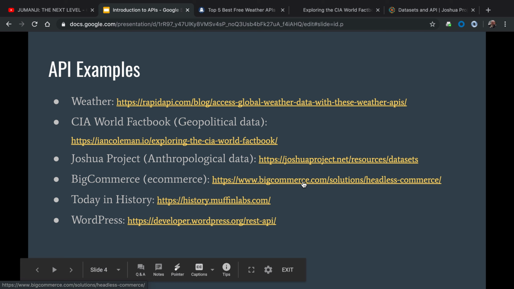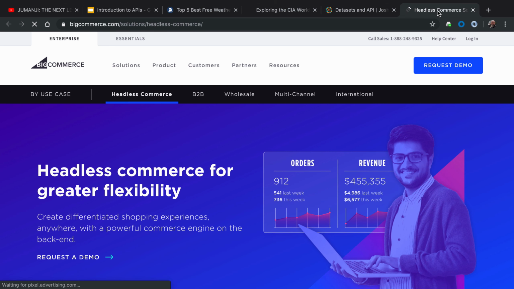BigCommerce. I work here. We're doing something called headless e-commerce. It used to be, if you wanted a store with us, you'd go to our site, sign up, boom, you have a website, and you can only do what we allow. But now we're offering all of our functionality over an API, and we released a WordPress plugin based on that API. So now within WordPress, you can say, go get me my products. Boom, show them in a grid on this page. There you are. Make it so I can click to add to cart.